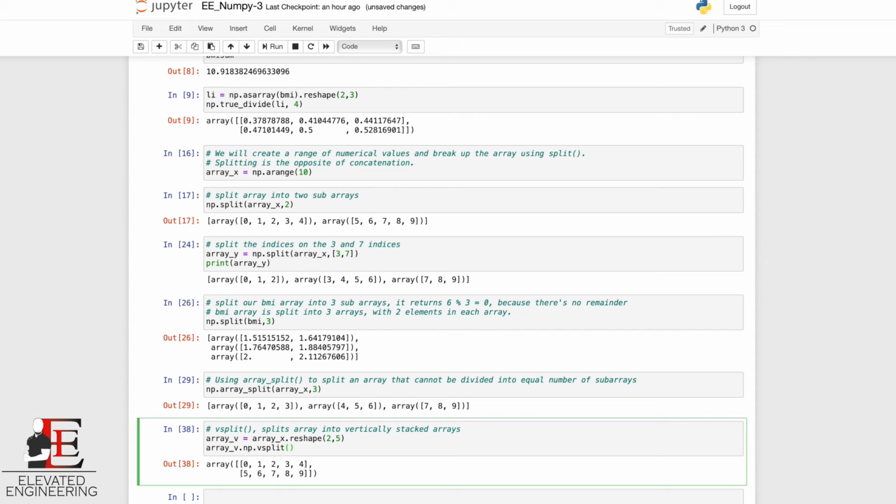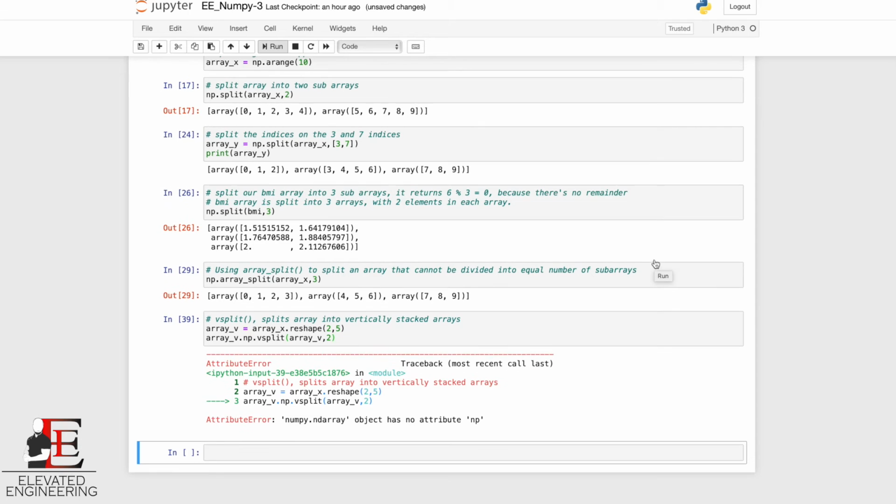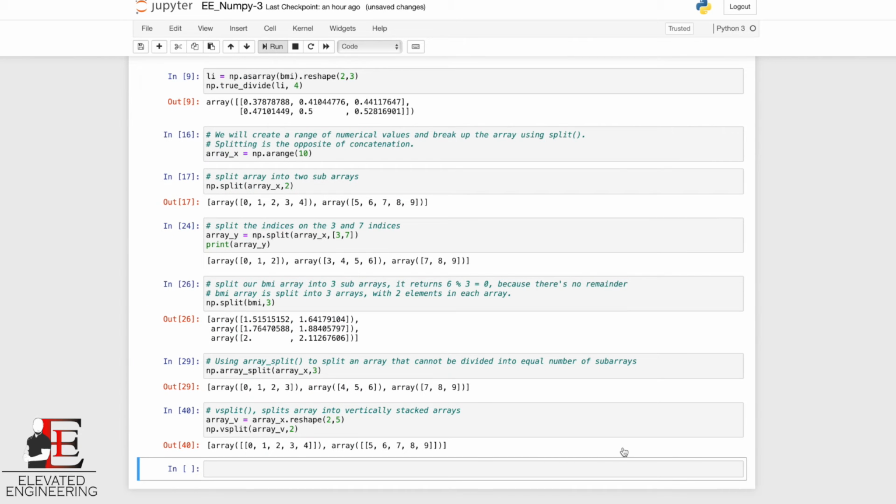How about array, let's go B. I'm gonna split into two different subarrays, right? Take that off. And np.vsplit. Here we go. All right, now you can see it's a little neater. Right now, it's a little bit easier to read, as opposed to